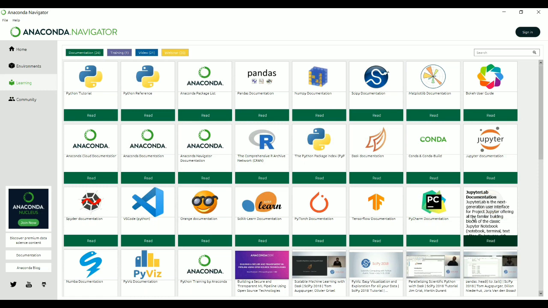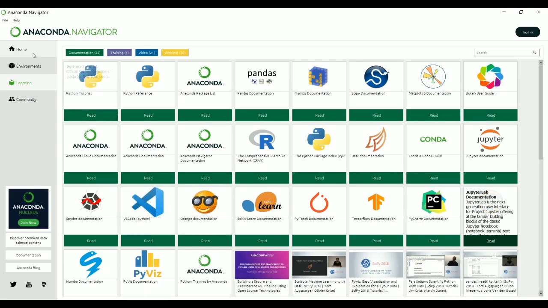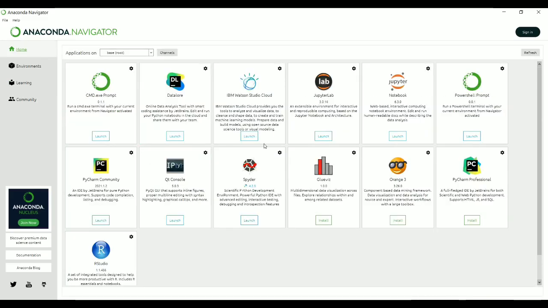So these are the detailed overviews about the Anaconda prompt, and you can easily learn from here.